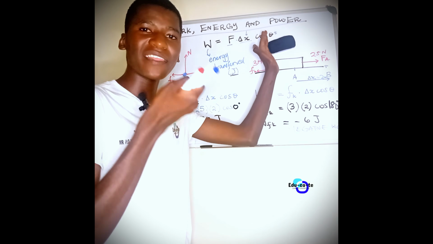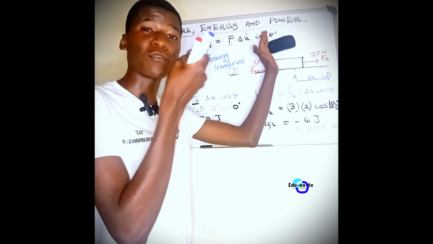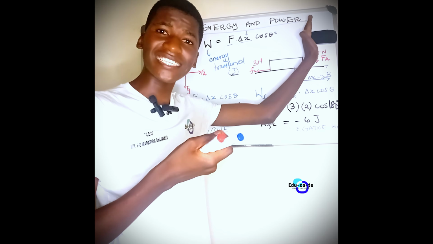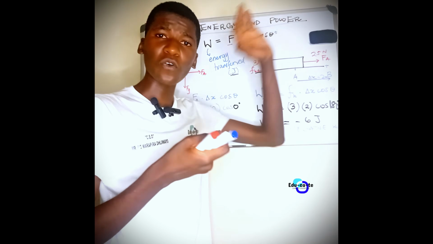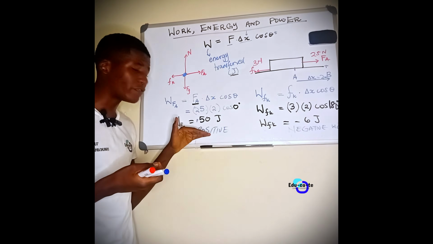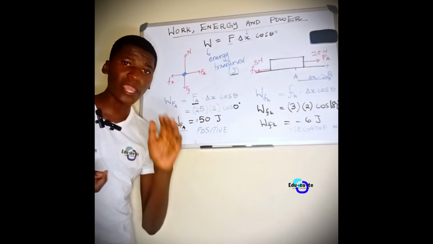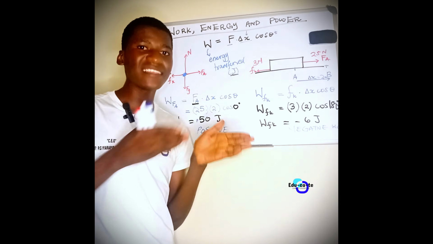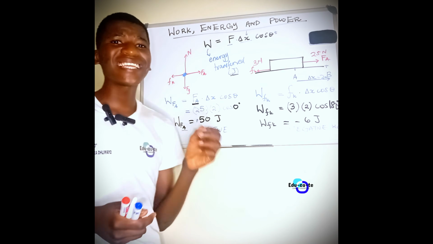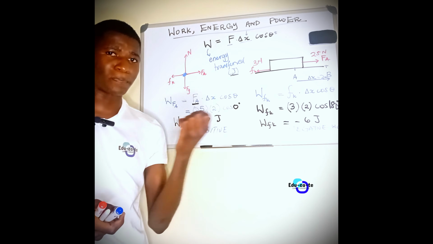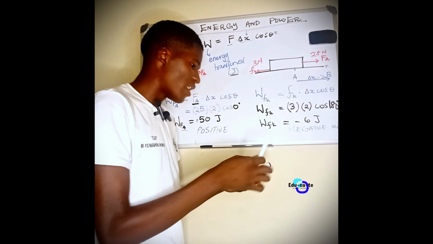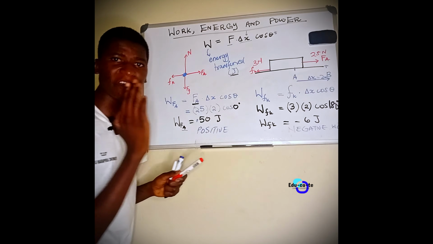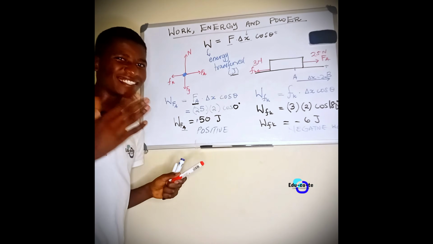So that's why the work there is positive, because I'm giving the duster energy so that it can move. Okay, so basically, if we've got positive work done, the positive work always causes the object to move in the direction of that force. But the negative work always tries to bring an object to rest. So the main function of positive work is to favor the object so that it can start moving.